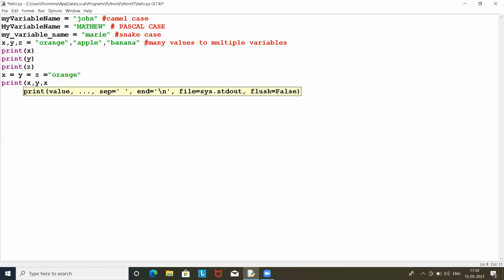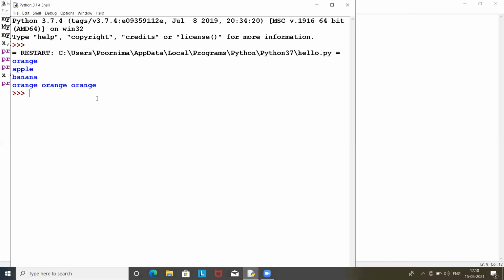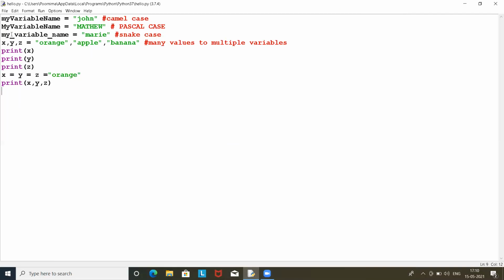And now if I print like the previous one, x comma y comma z, so we can assign a single value to multiple variables, or we can assign multiple values to a variable. Now if I run it, it will show me orange 3 times, like such. Orange, orange, orange, 3 times. So this is